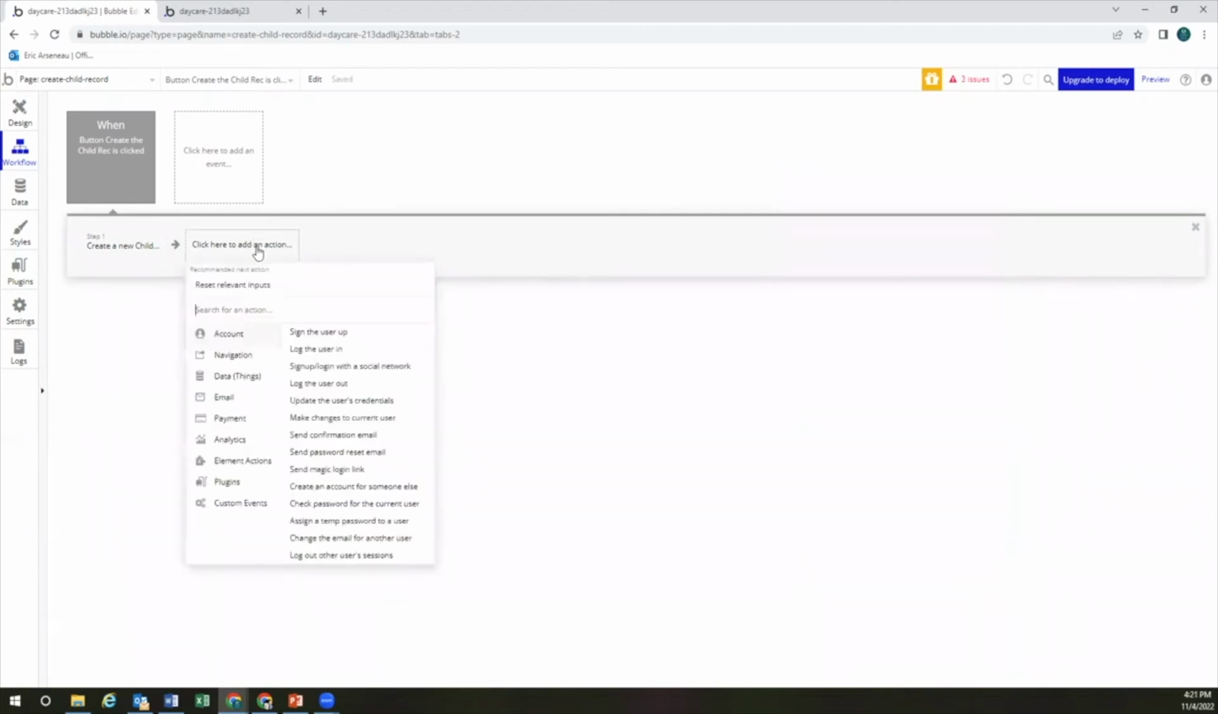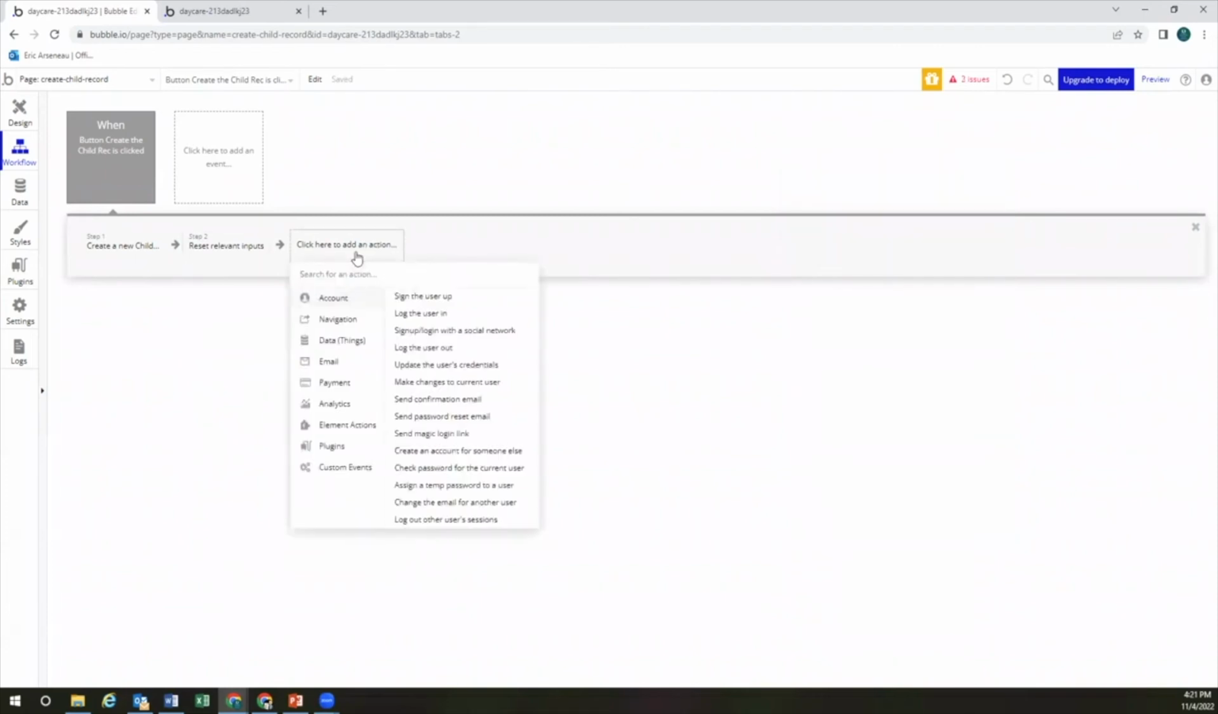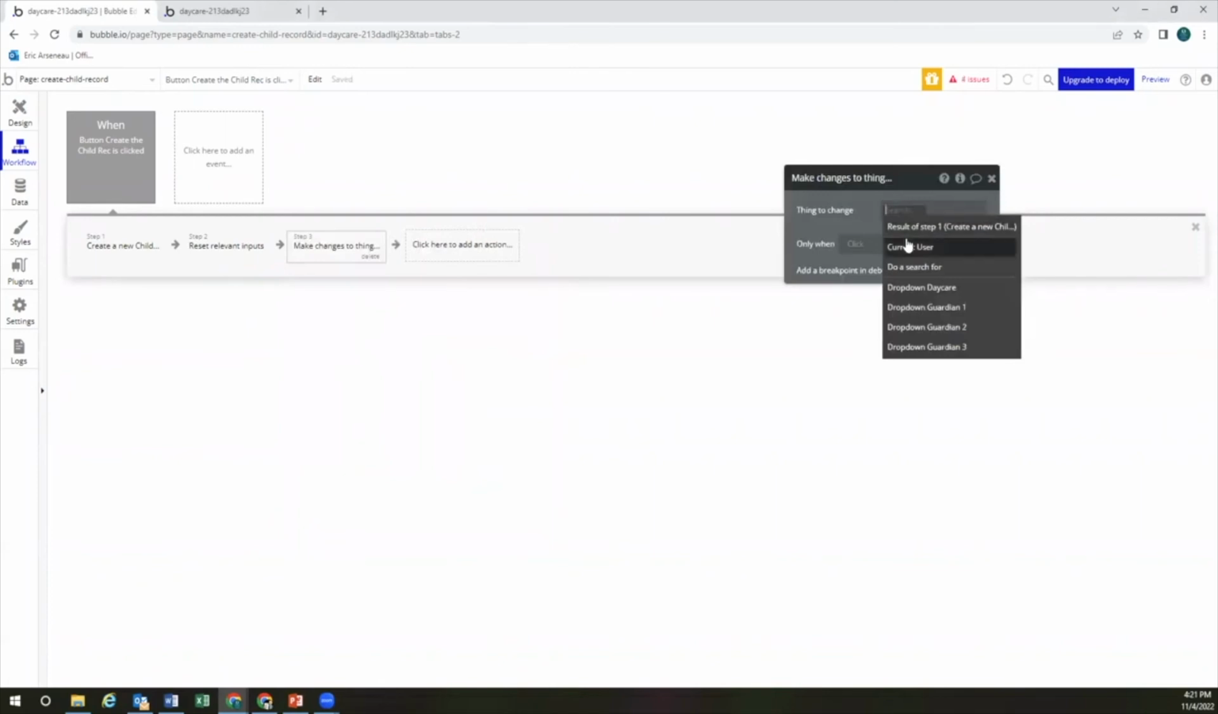Okay, just as we've done before, the next action will be to reset the inputs. Then just like we did before with the user, we're going to make some changes to the other table, to the user table specifically, based on some conditions. So let's make changes to a user. And the way we do that is we're going to do data, make changes to a thing, and we're going to do a search